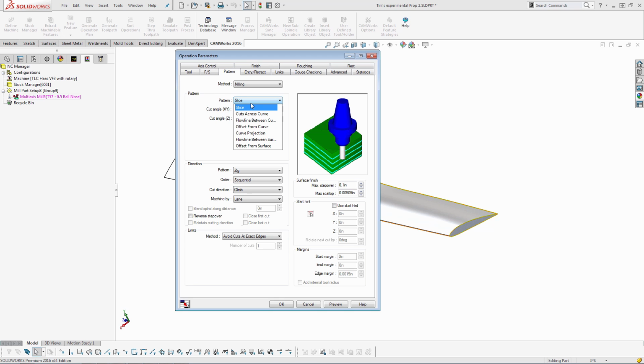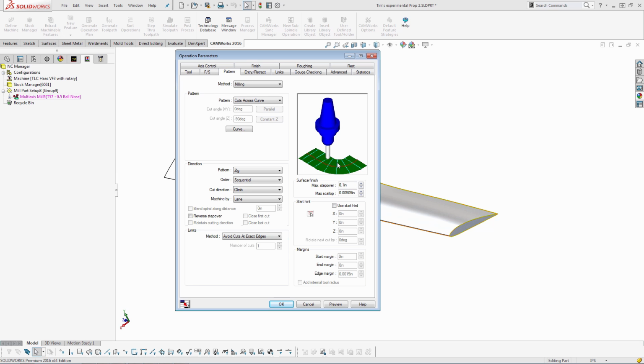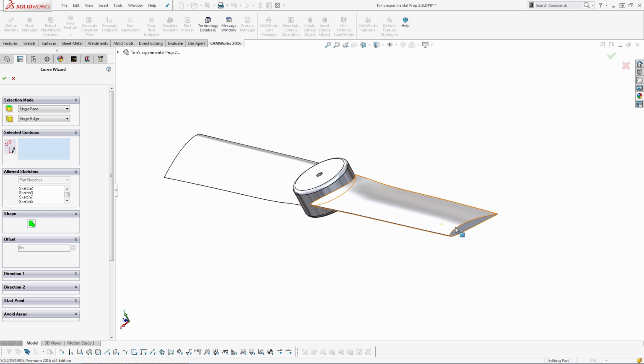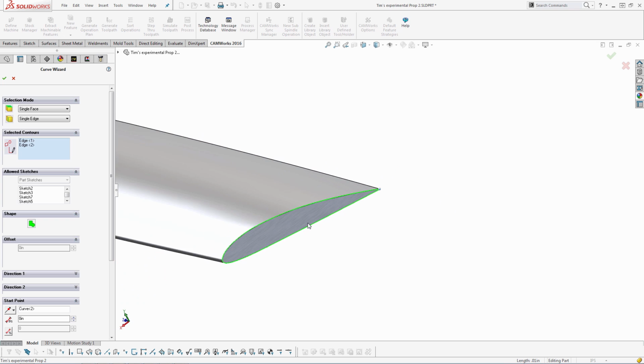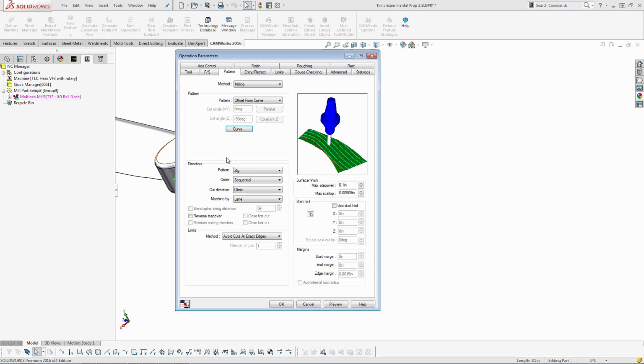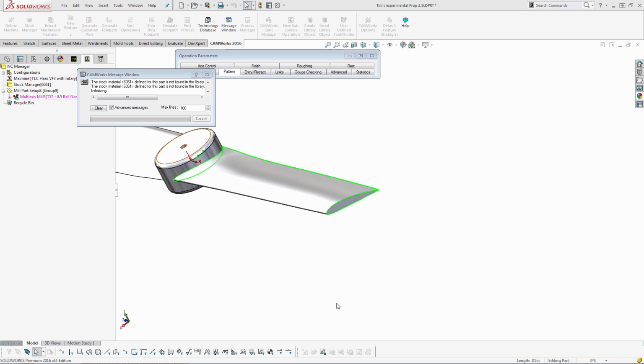In 4 axis, we have slice, which is similar to zigzag. Cut across curve, which would allow you to select a curve and make cuts perpendicular to those curves. Flow line between curves, which is I think what I'm going to do on this part, so I'll talk about it in a second. Offset from curve. This would allow me to say select a curve, say this curve on the end here, and then just offset the tool path down the length of the feature. So if I hit preview,